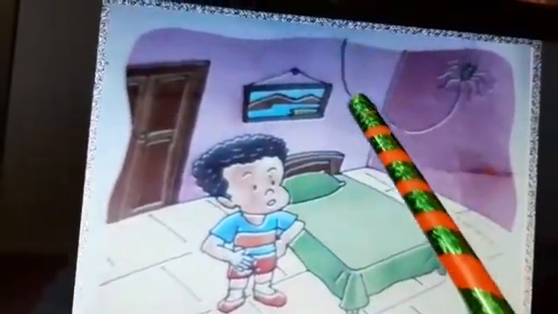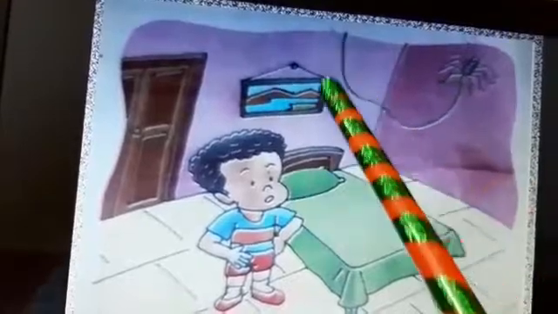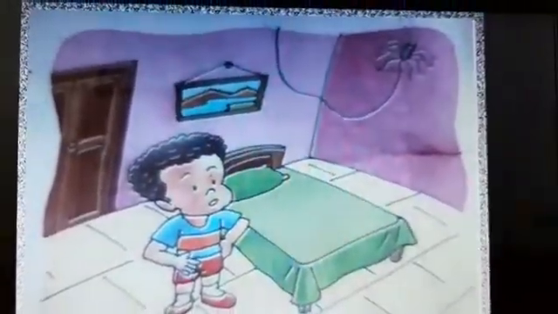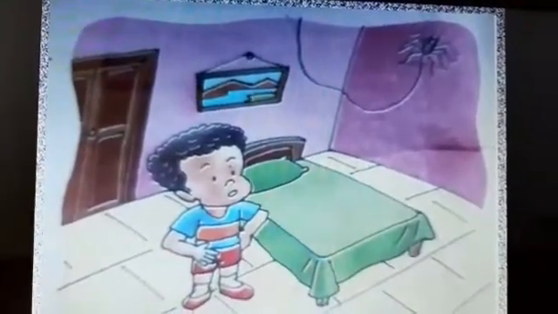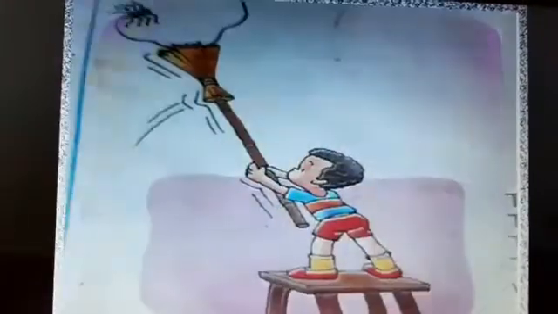This thread, when spider makes a web, it becomes a loop. So, the spider makes a loop and Tom looks at the roof. But he can see that the loop is loose. See, the loop is not tight, it is loose.